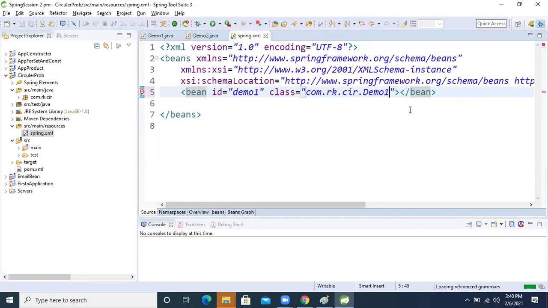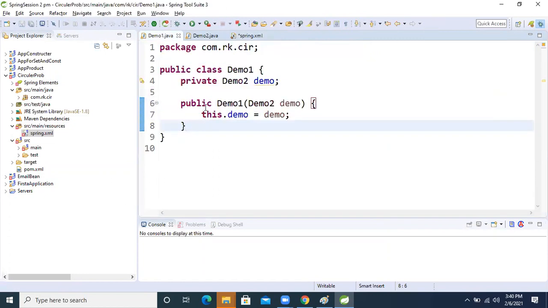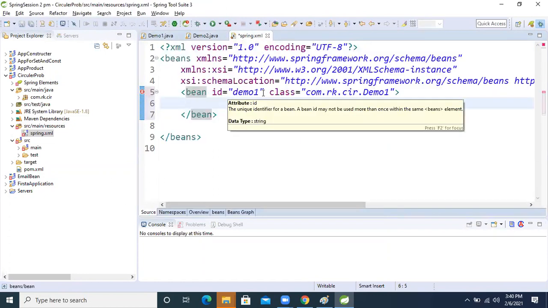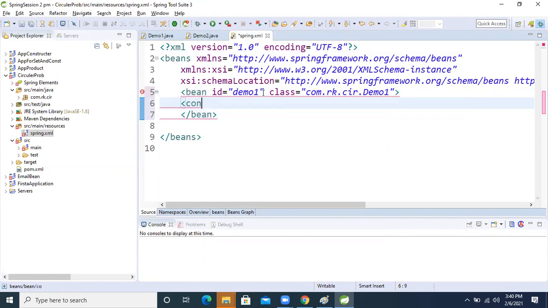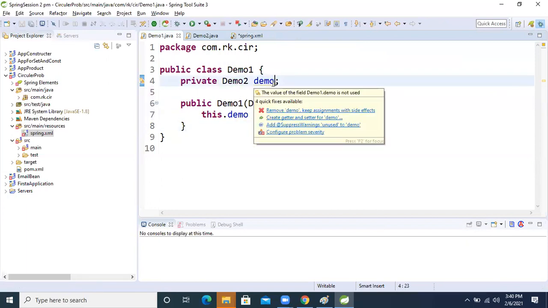Inside that, if we want to inject using a constructor, which tag do we take? The constructor-arg tag. Now what is the name of the constructor-arg?